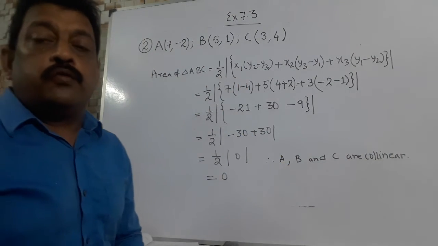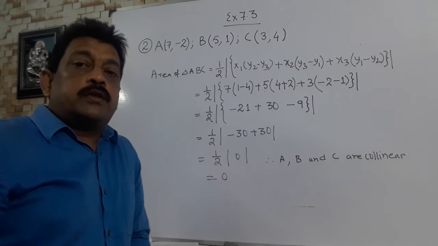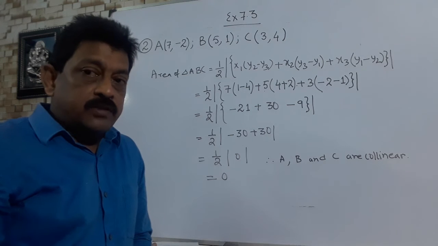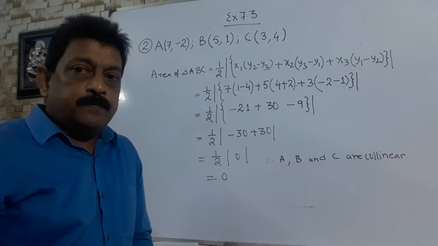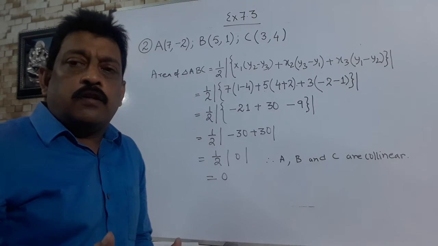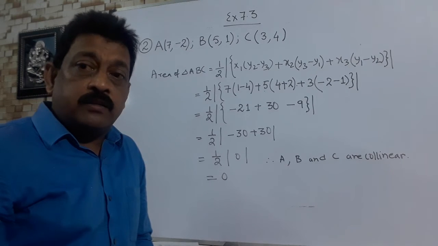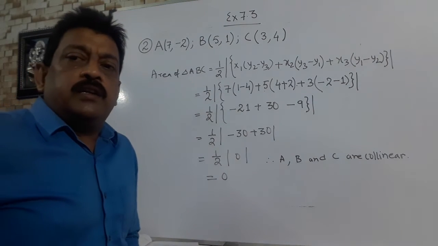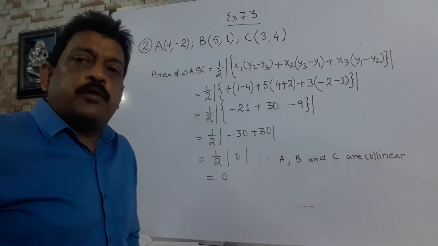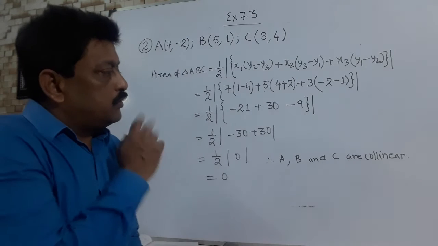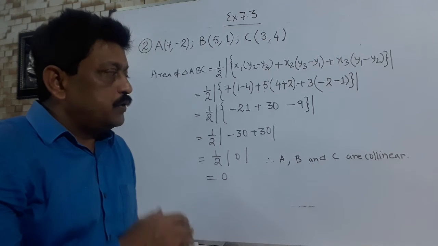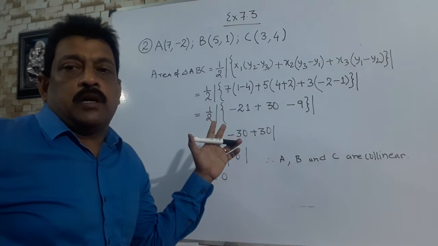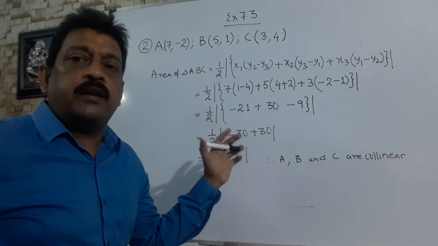Now remember, we have used the distance formula to check the collinearity of 3 points. In that case, we have to find 3 distances, AB, BC and AC. So many steps, a lot of space and time is required in that process. But here, only by finding the area 0, we can say that the points are collinear. So it is my advice that whenever a question comes related to collinearity of 3 points, please use this area formula. It is very simple, easier and a quicker method.